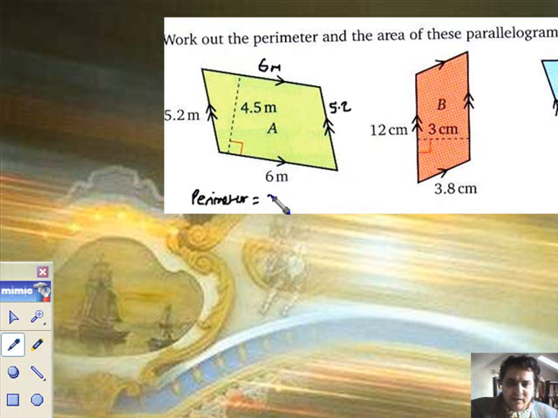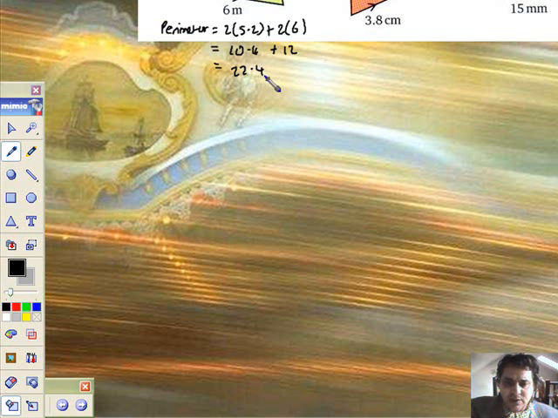I've got 2 lots of 5.2, and I've got 2 lots of 6. Please note this 4.5 is the vertical height, got nothing to do with walking around the edge of the shape, so it's not involved in perimeter. Alright, so 2 6 as well. Right, 2 lots of 5.2 will be 10.4, 2 6s are 12. Altogether we have 22.4